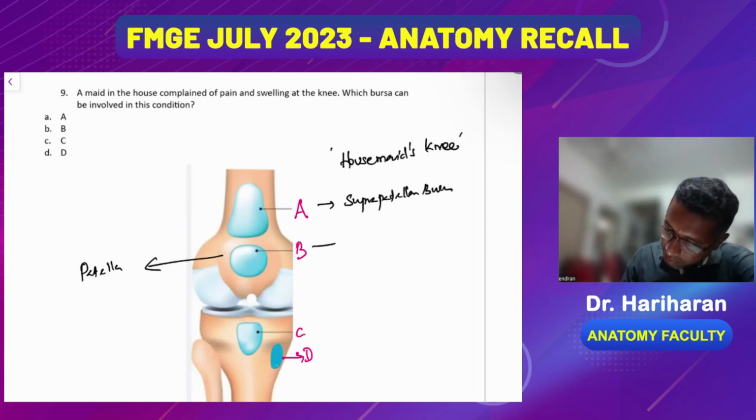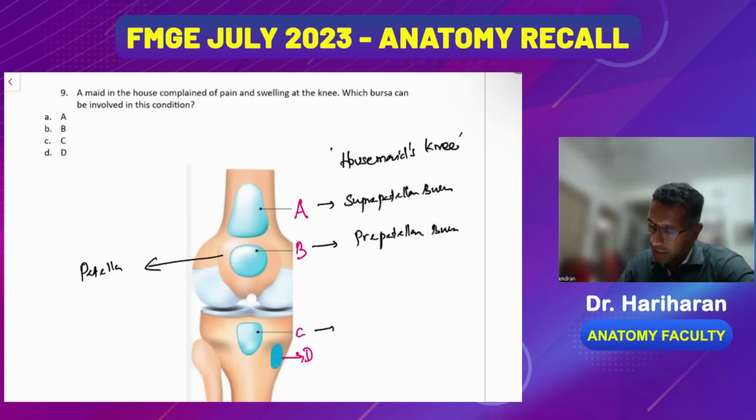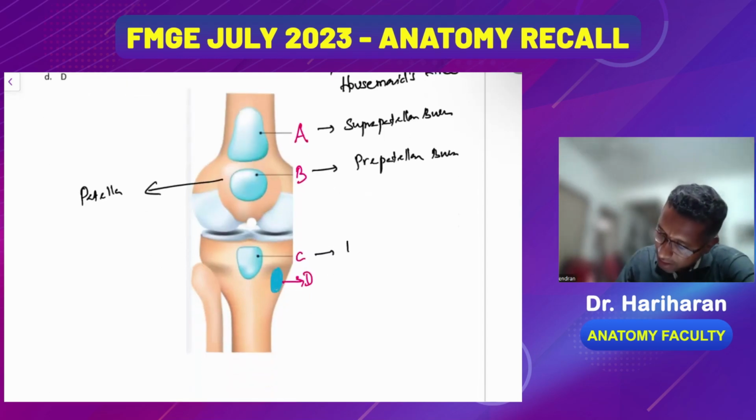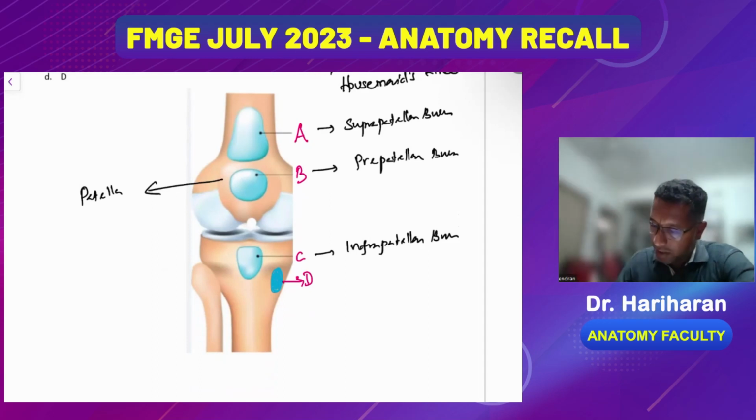Okay, this bursa is called the pre-patellar bursa. Okay, this bursa which you see here is called the infrapatellar bursa. And the one which is seen on the medial side of the tibia in its upper part